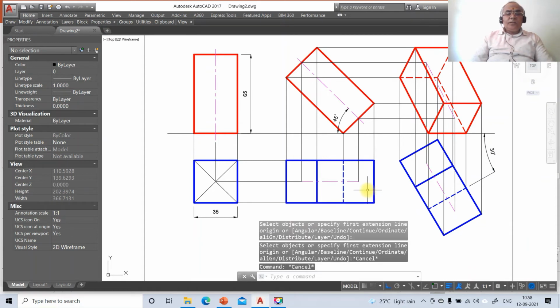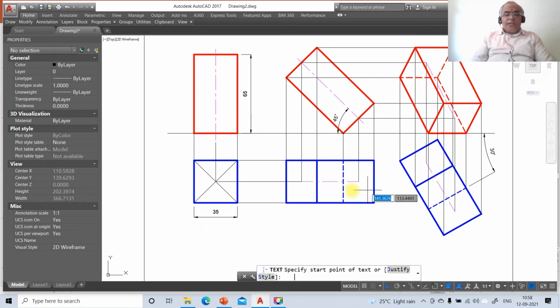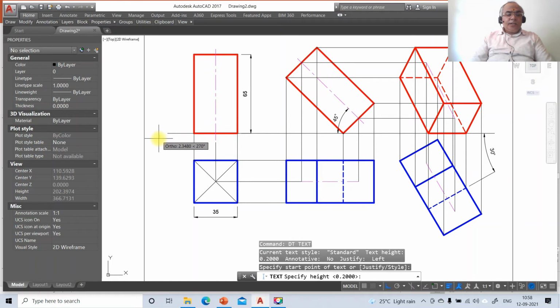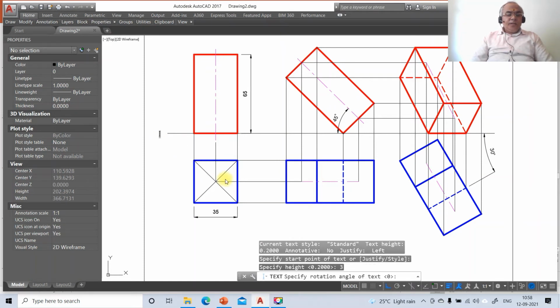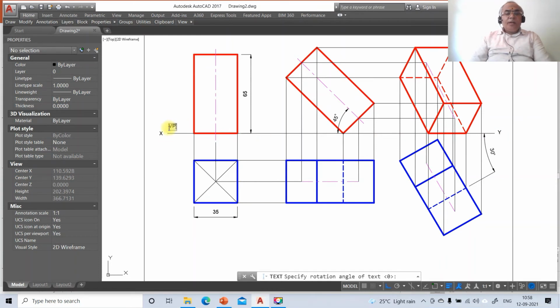Now once you have this, now we need to go for D text tab. So here take the distance as height as 3 and go to X, you take it as Y and you mark it as VP and you mark it as HP and here you mark it as E, B, C and D and again you mark it as P in brackets,